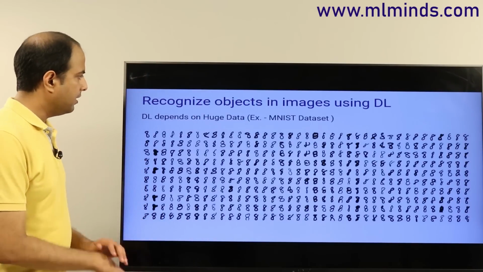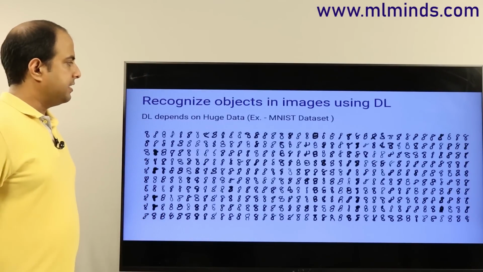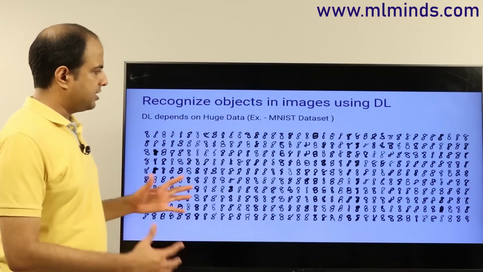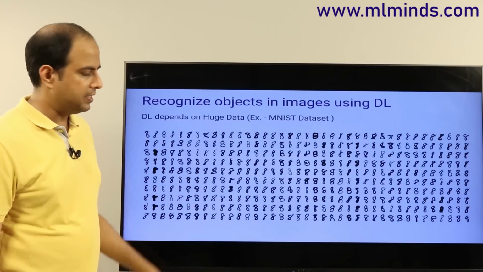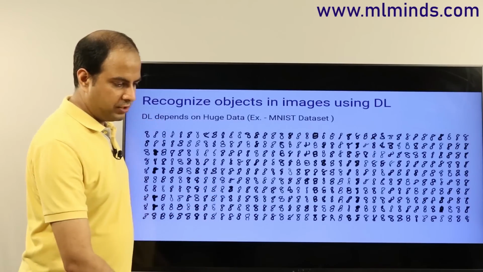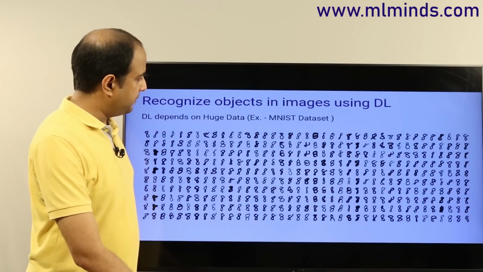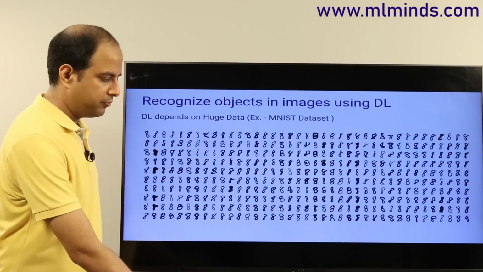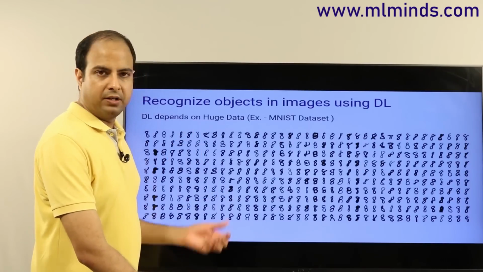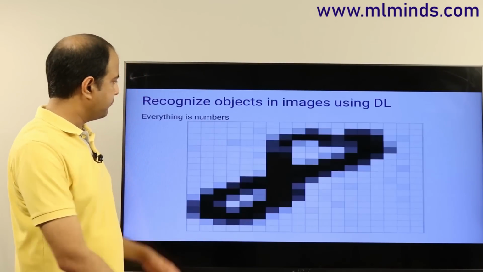That's the question. Deep learning on images really depends on huge data. So you do need large amounts of data. For example, this MNIST data set of handwritten digits is very popular. Given these images, what you want to do is to predict which number from 0 to 9 the image shows. So this is an 8 for sure.